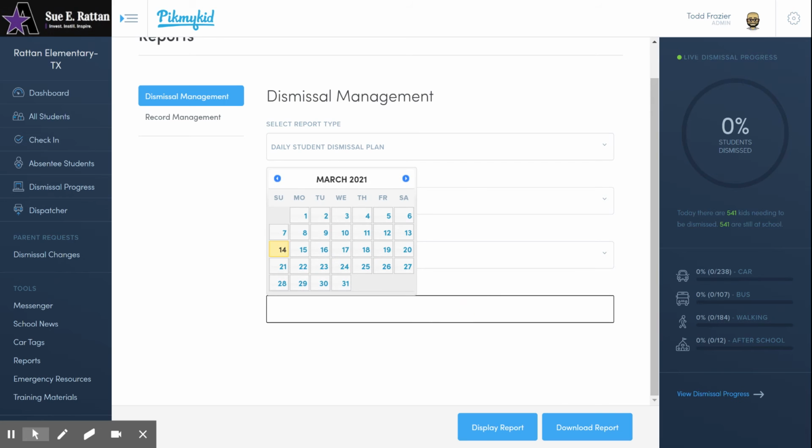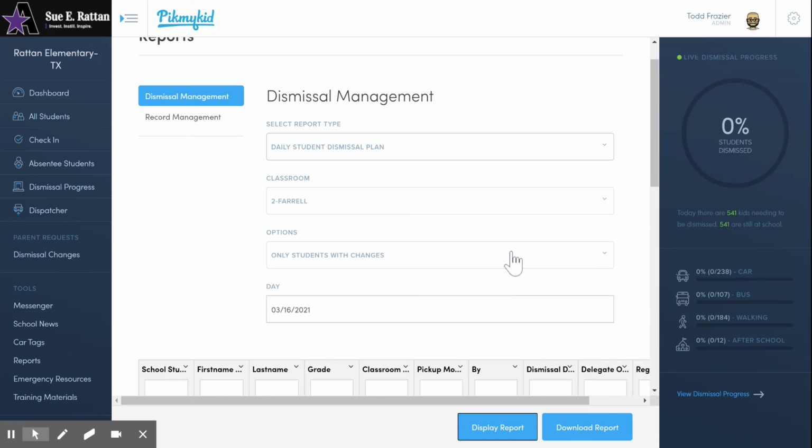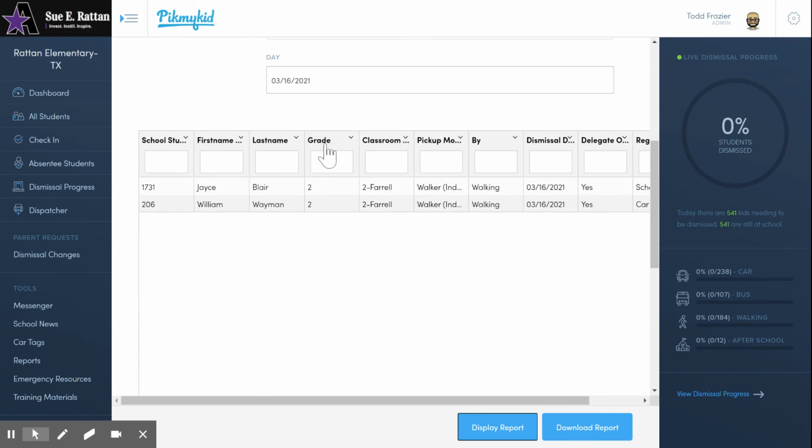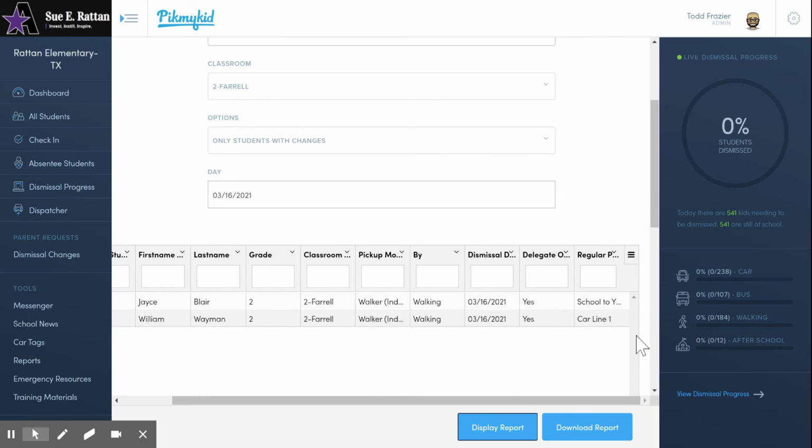So again, you need to select the day. Since we're about to be back in person on the 16th, I'm going to go ahead and choose the 16th to see any changes that parents might have made at this point in time, and then click on Display Reports. And then scroll down and you'll see that Miss Farrell has a couple of her kiddos who have changed ways that they typically do school to YMCA or Carline,